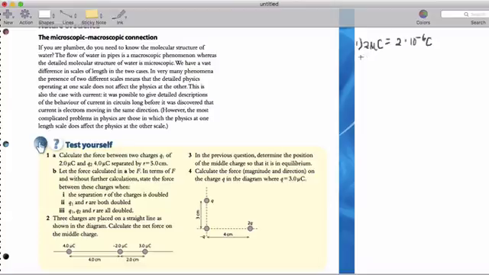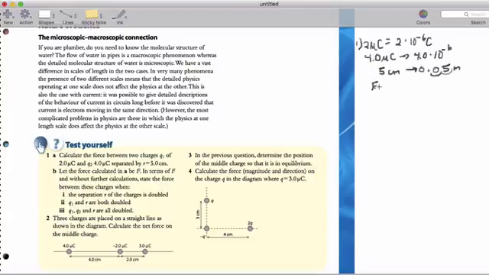And we'll do the same for Q2 for 4.0 microcoulombs. That's going to actually be 4.0 times 10 to the negative 6th coulomb. And for the centimeter separation, 5 centimeters, let's just be clear, we need to convert that to meters. And the way that works is we'll take this 5 and we'll move it over 2 decimal places to 0.05 meters. So then what we're going to do is we're going to end up plugging that into Coulomb's law, which